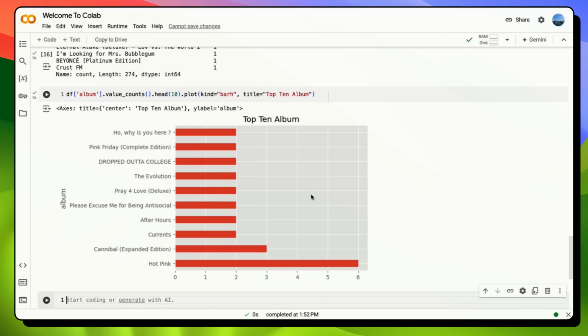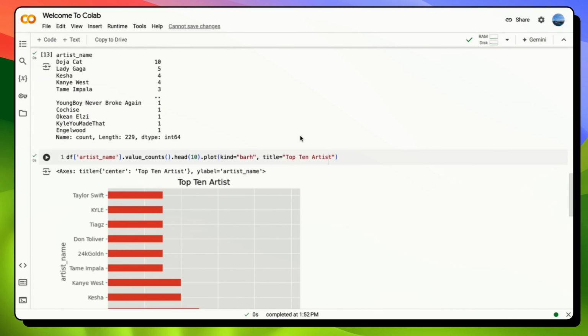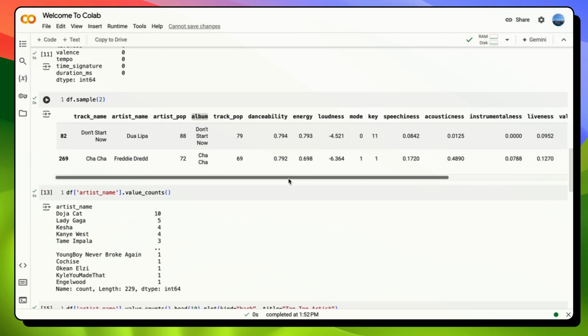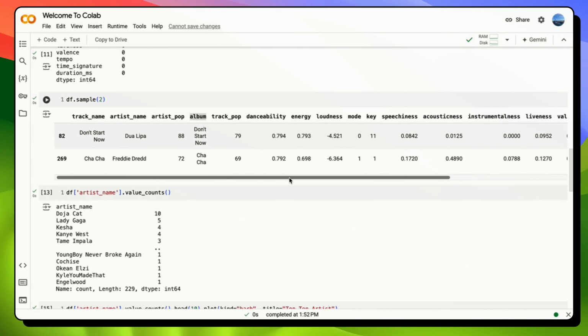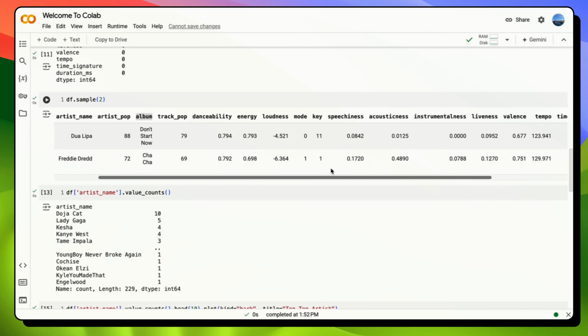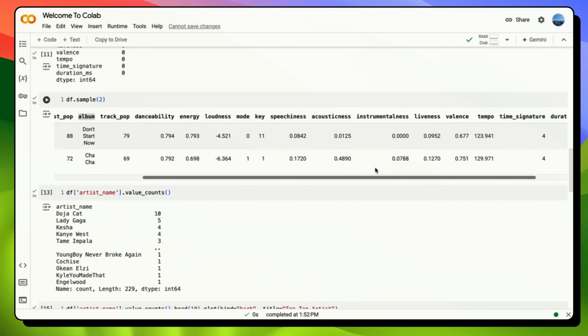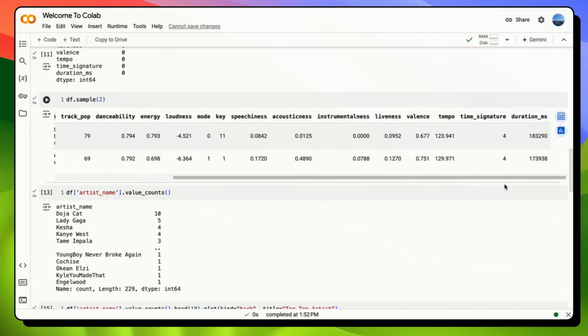These are the top 10 albums. The other thing that we could do is we can go ahead and view the